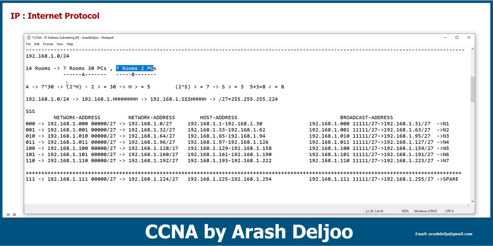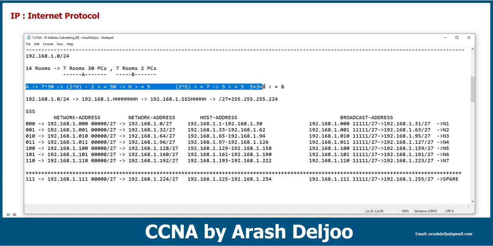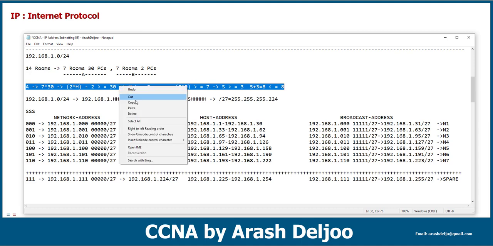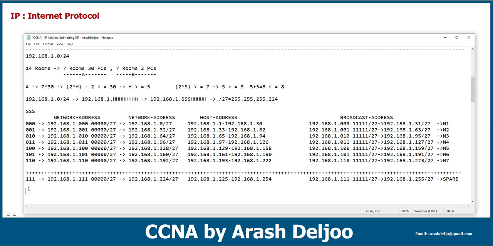In each room, we have 2 VPCs. Let me use the work from requirement F or A, and after some changes, we can use it for requirement B. Look at requirement B. Here we have requirement B. We need 7 networks. In each network, we have only 2 IP addresses. This means that 2 to the power of h minus 2 should be greater